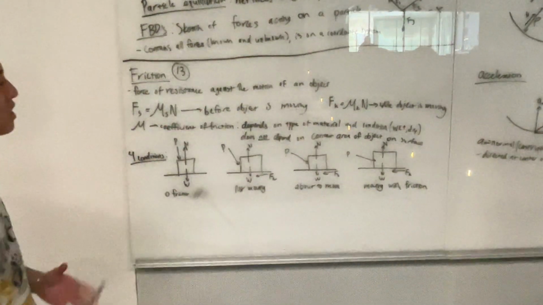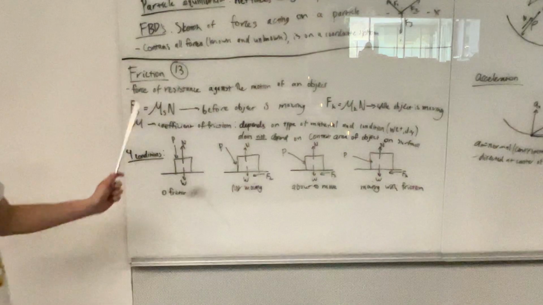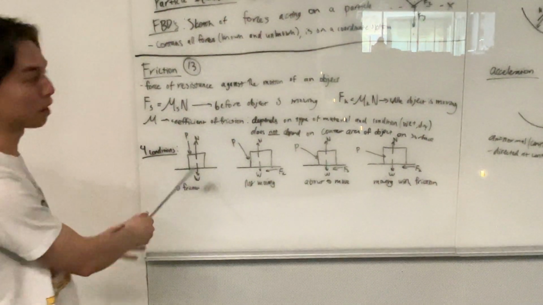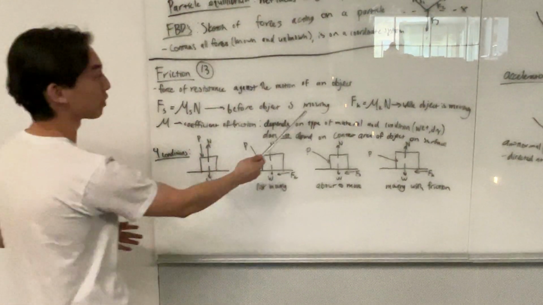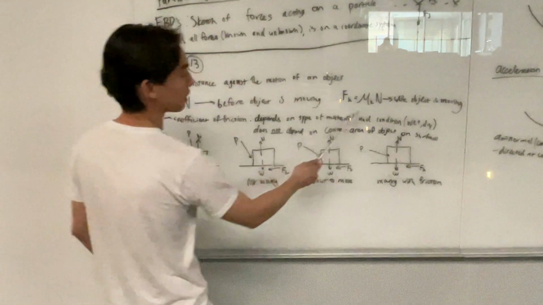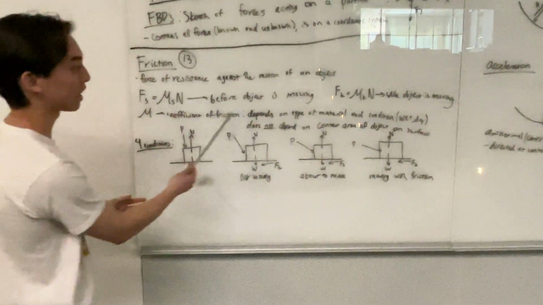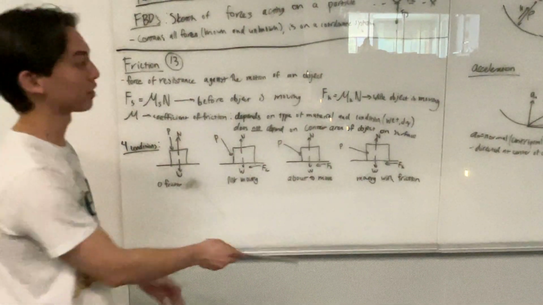Friction is the force of resistance against the motion of an object, right? It's given by mu, the coefficient of friction, times the normal force of the object. We have static friction, which is before the object is moving, and kinetic friction while the object is moving. The coefficient of friction depends on the type of material it's sliding on and the condition, whether it's wet, dry,